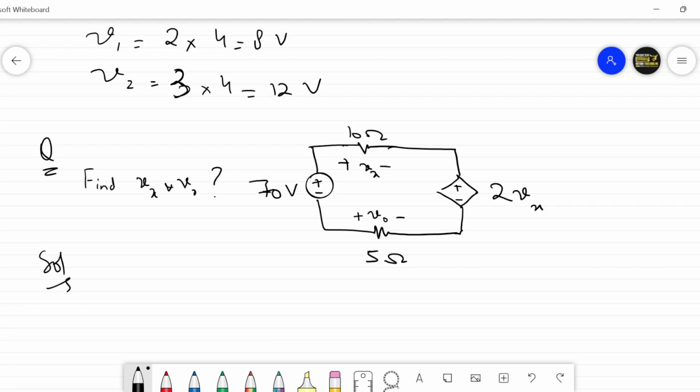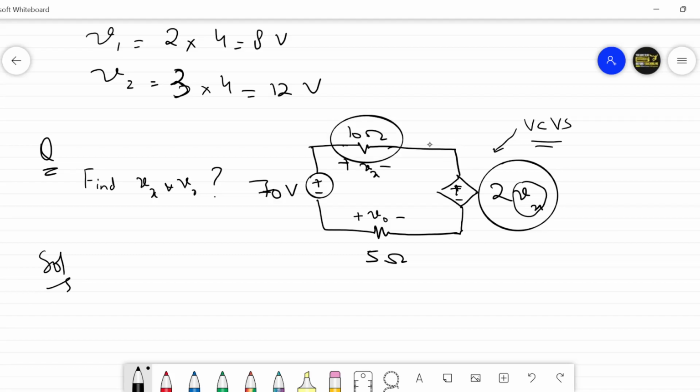Okay, so how will we do this? Now you have a dependent voltage source. This is a dependent voltage source here, and since you can look at the configuration, it has plus minus, that means it is a voltage source, and since it is dependent upon the voltage, you can say that this is a voltage controlled voltage source. And which voltage is that? That voltage is the voltage across this particular circuit element.